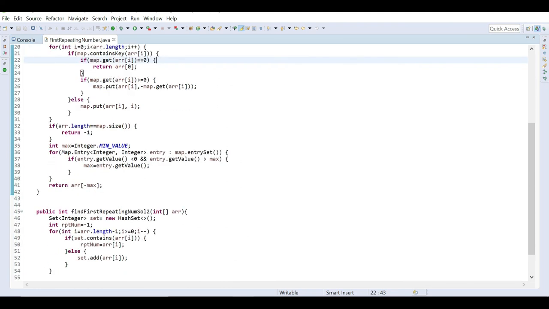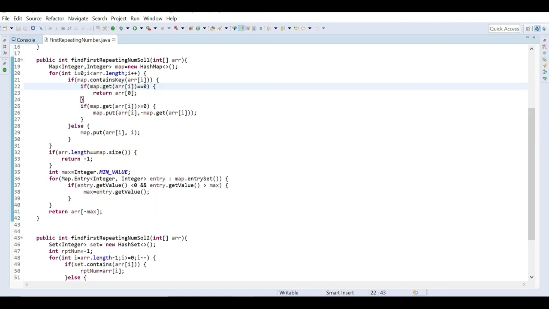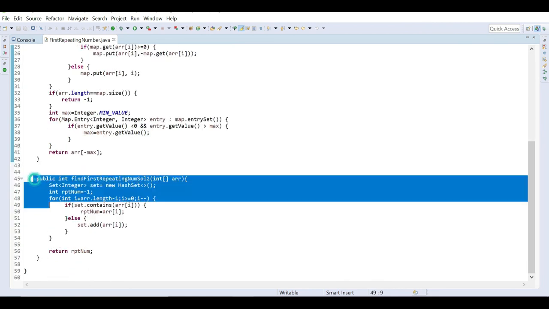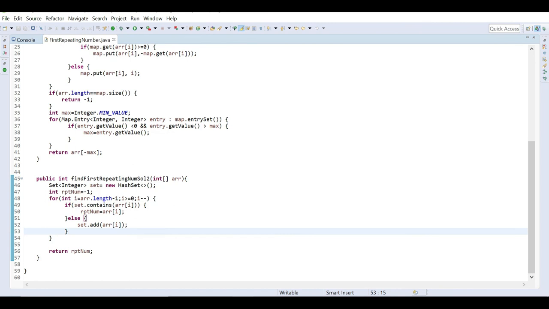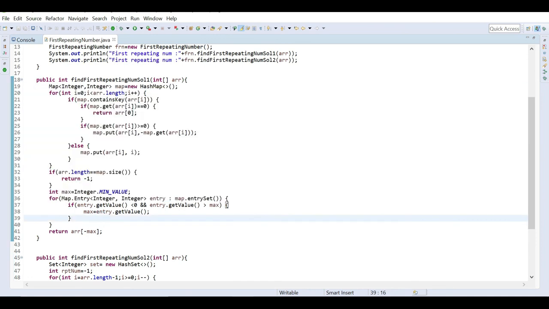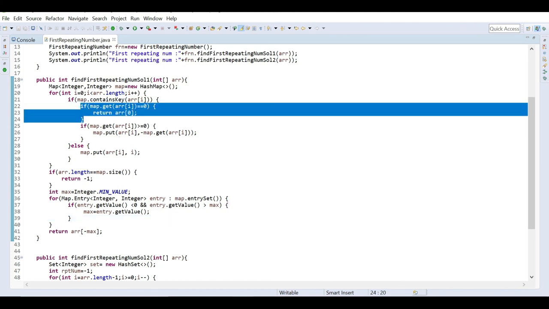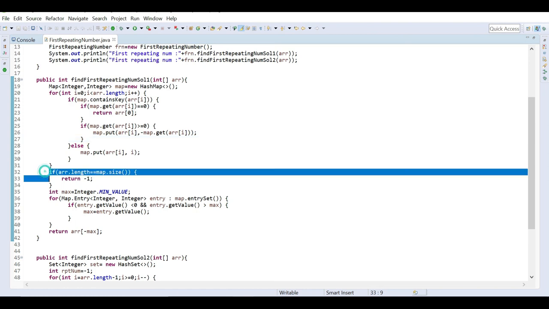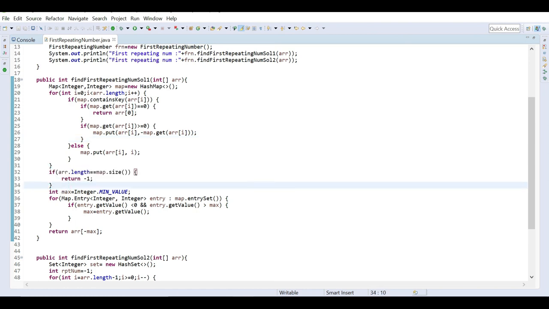So this is all about the solution. I have shown you both cases. Obviously the second one is the better approach, and code-wise also you have to write very little code. But it is also a good learning experience in how to handle the use cases. I showed you a few use cases, so this one is one use case and this one is another. How to handle these is also a good thing to know.